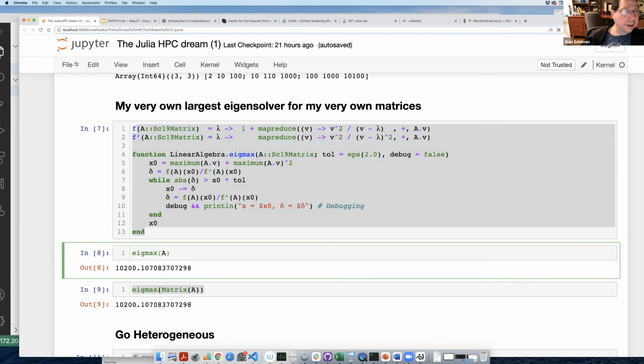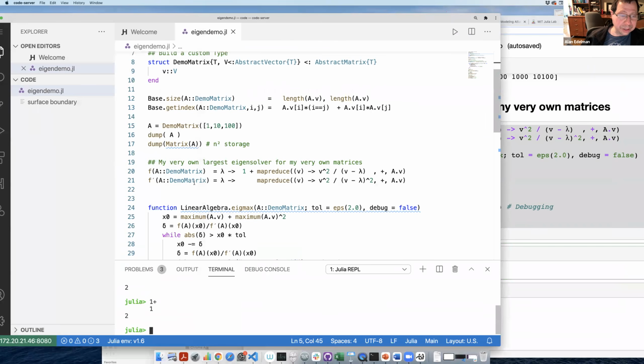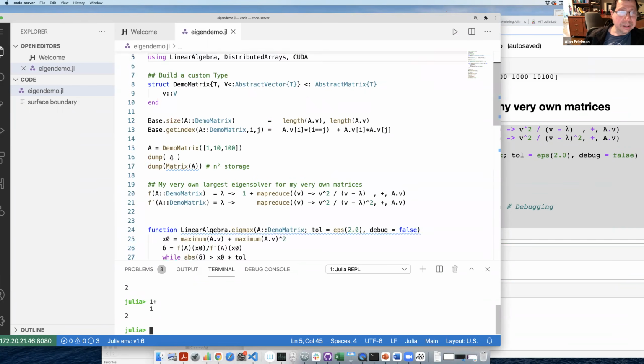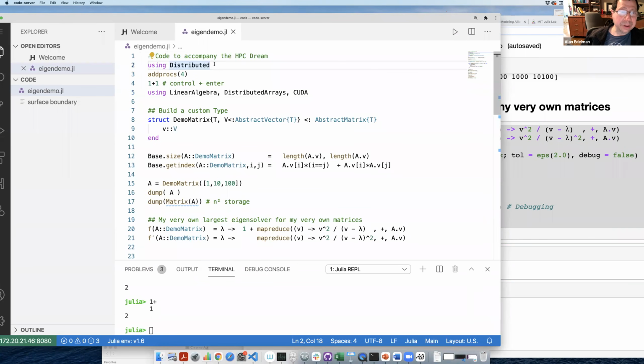But here, let's do it over here just to show you that I'm not faking it. Let's do this one by one right now, just to see what's going on. So first of all, I'm going to run this one by one. I want to do some distributed computing. Let me add 4 processors so that I actually have them available to me. You can see Julia's evaluating. It's loading those 4 processors, and there they are. They're numbered 2, 3, 4, and 5. That might seem a little strange, but 1 is the master node, and 2, 3, 4, and 5 are the 4 worker nodes. That's how Julia does it.